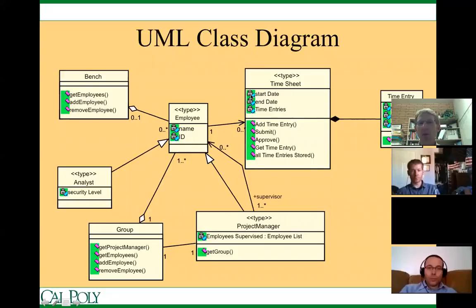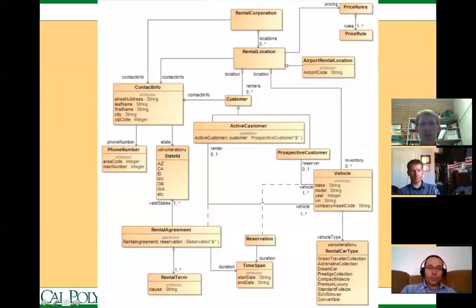Normally, that lock would be replaced with a minus, and this funky thing would be a pound sign, and everything else would be a plus. And we'll talk about what those mean here in just a second. But the concept here is that we're visually modeling the classes or the entities in our software, and we have these different relationships between them. Okay, and here's another class diagram for the rental